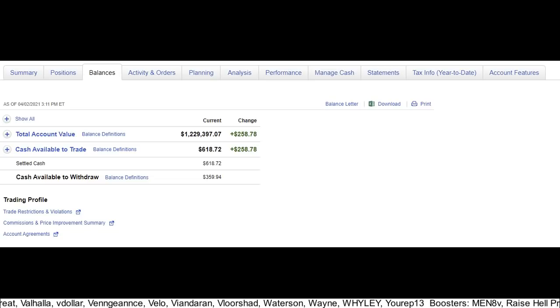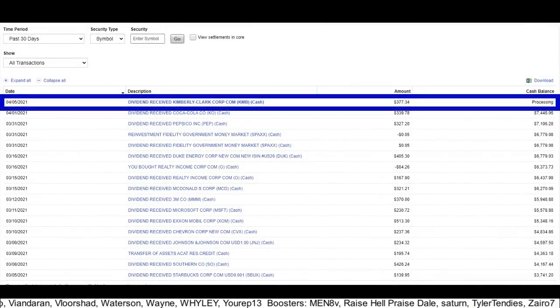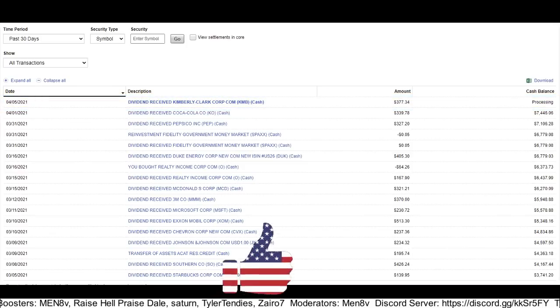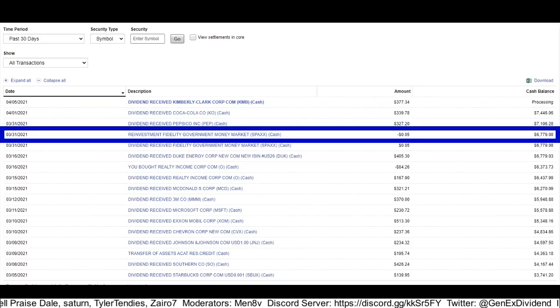So now let's look at the last 30 days of activity history for one of my tax-sheltered accounts. Here we see my other Kimberly-Clark dividend of $377.34 that's being processed, so across my two accounts it's $636.12 of dividends, which will officially be paid out on April 5th. Beyond KMB, we see my other Coke dividend, some interest on a money market account tied to this IRA,